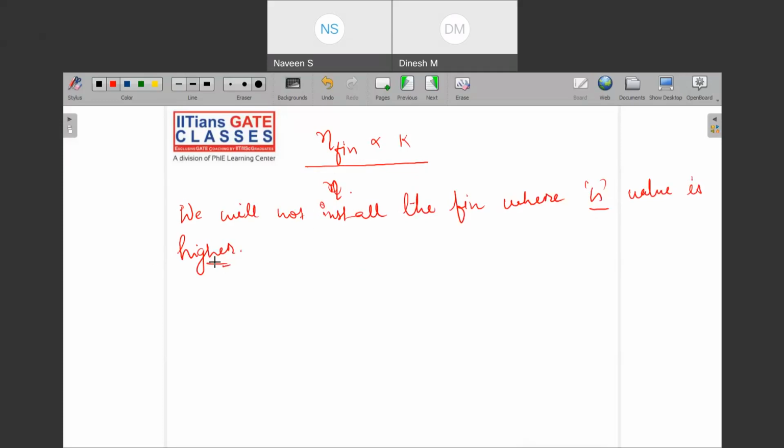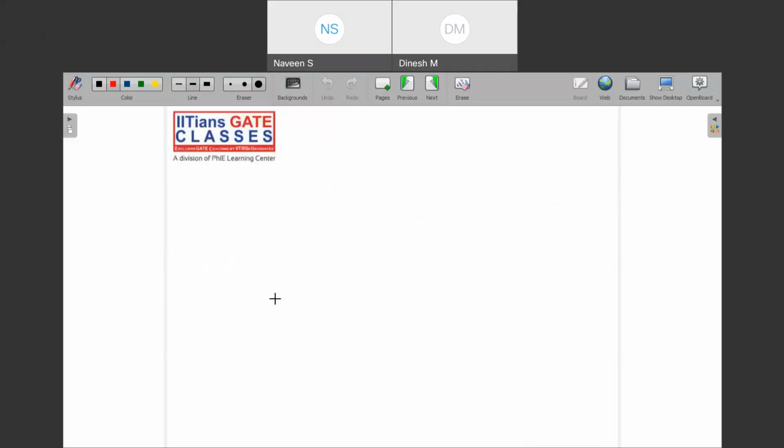Okay. Now, one thing is that you will find out how efficient your fin is, and second thing is to find out whether your fin has really worked to enhance the heat transfer. So my next agenda is to find out what is fin effectiveness. What is the difference between fin efficiency and fin effectiveness? Fin efficiency tells us how efficiently we are losing the heat, and fin effectiveness tells us how much enhancement we have got.